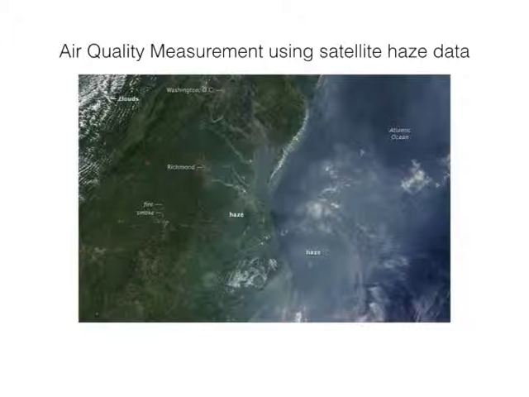Here, for example, we see that there are many different ways in which air quality can be measured. For example, air quality can be measured from very high to very low level. Very high level air quality measurement can be conducted by using what is known as satellite data. So using satellites, one can use the ground haze, and you can see here, for example, air quality measurement was done by noting the surface of a particular part of the Earth, a particular region of the United States,